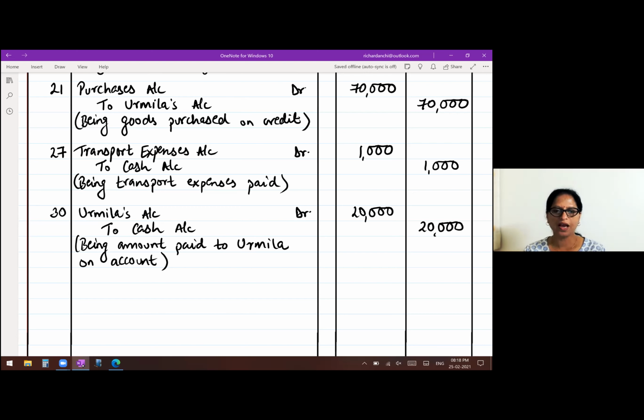So students, we have finished journalizing all the transactions. You have seen how it is written, but it is not yet over. Okay, we have journalized the transactions. Whenever you write the journal, you are supposed to take the total of the debit and the credit column. So leave a line, and on the next line write total